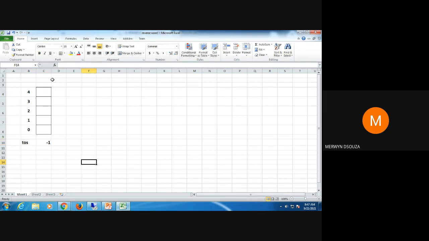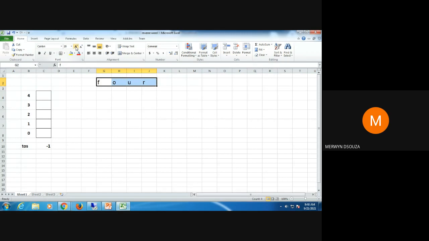Assume that we have a word. You can take any word. Let's take one simple word, let's just take the word as 4. I'll just write it in separate cells. So say we are taking this word 4.